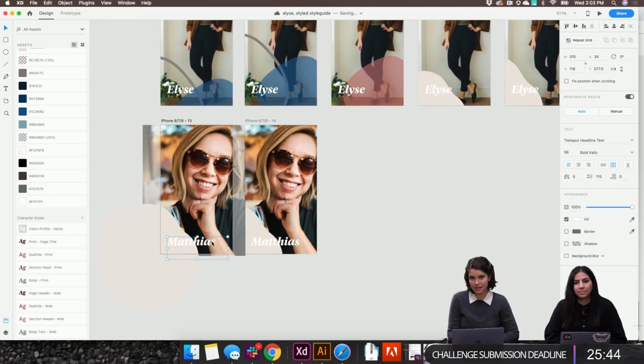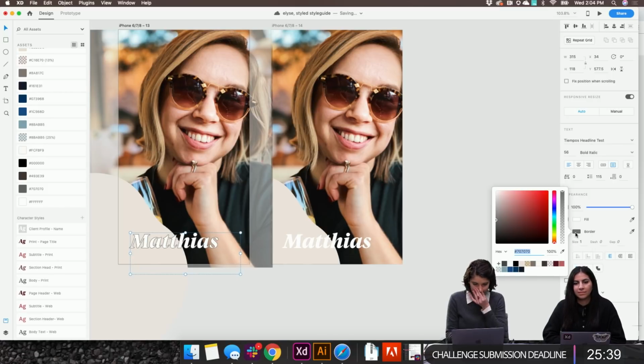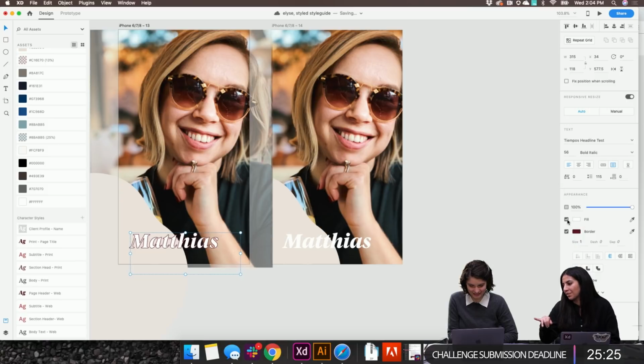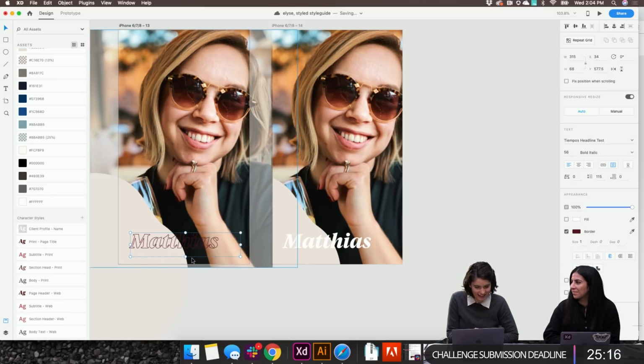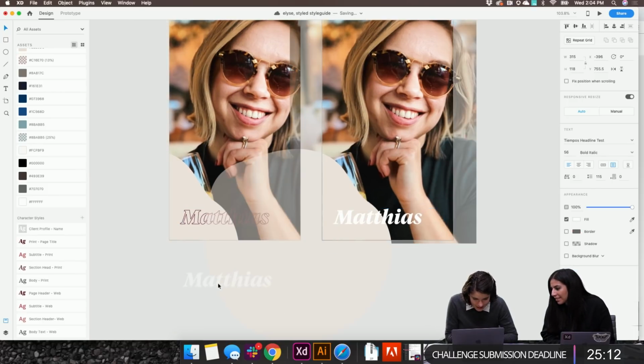I guess I didn't even have to outline the type, but I did show you all the way to outline type. Yeah, I didn't know you could do that. I was going to ask if there is a difference in how it looks, because every time I've accidentally done the border on text, it looks kind of weird. But maybe because it was small, but I feel like the outcome is the same, right? It does look relatively the same.